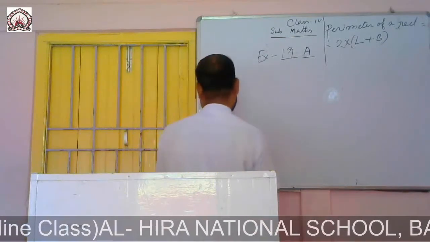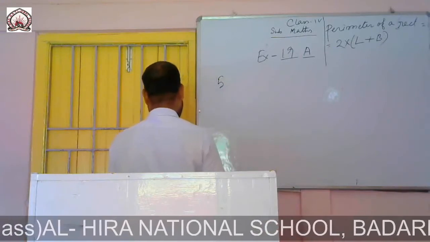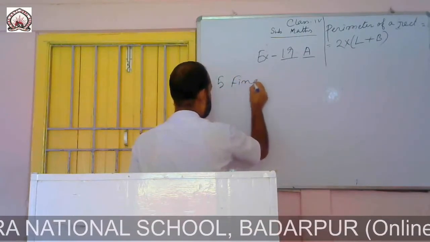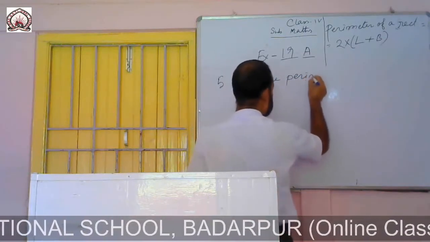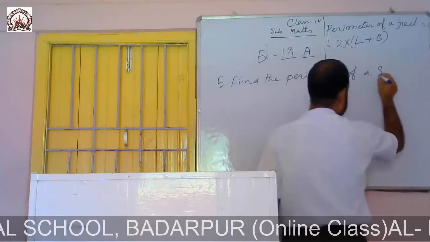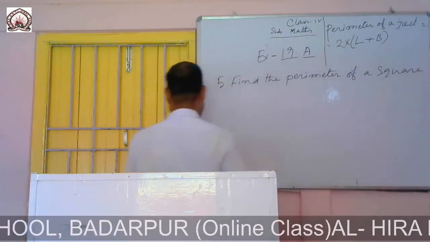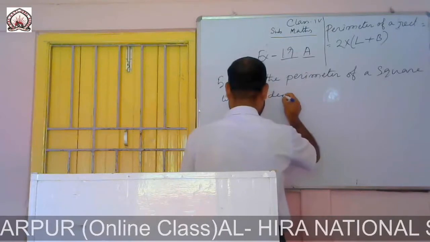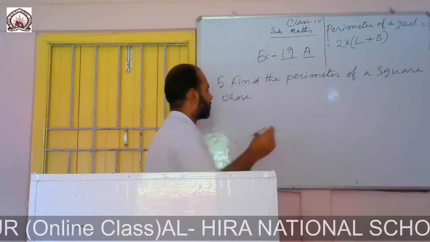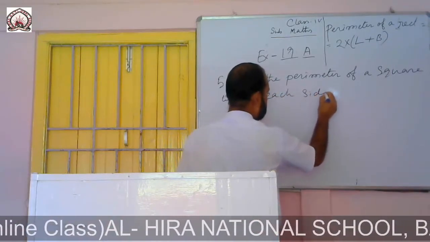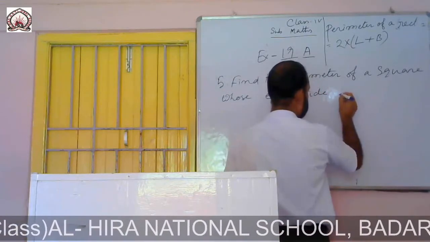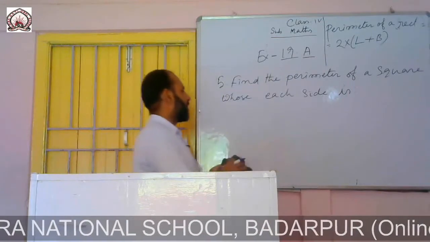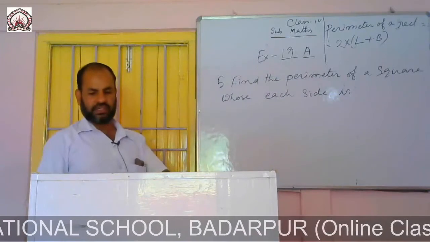Question number 5. Find the perimeter of a square whose each side is... Now we find the perimeter of a square, whose each side is,